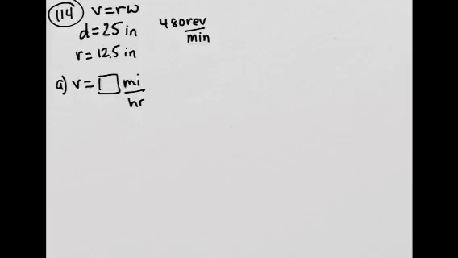So for 114, they want the linear velocity in miles per hour, the road speed, which is the linear velocity. And so we have the rotations, 480, did I write it right? Yeah, 480 revolutions per minute. So this is going to give us the angular velocity. It's going to give us omega. So I'm going to convert it: 1 revolution is 2 pi radians. So revolution and revolution cancel, and that gives you 960 pi